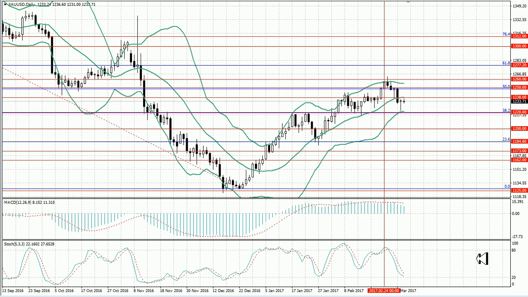Now, the gold quotes continued to fall last week and decreased to 1,220.00, 38.2% Fibonacci correction, but now rose again to the middle line of the Bollinger Bands. If they consolidate above it, growth to the levels of 1,250.00 and 1,260.00 is possible. In the case of the breakdown at 1,220.00, further decrease is probable to the levels of 1,200.00 and 1,184.80.